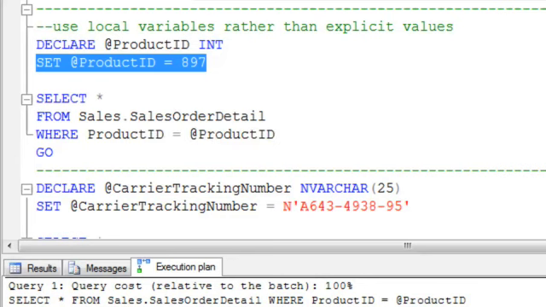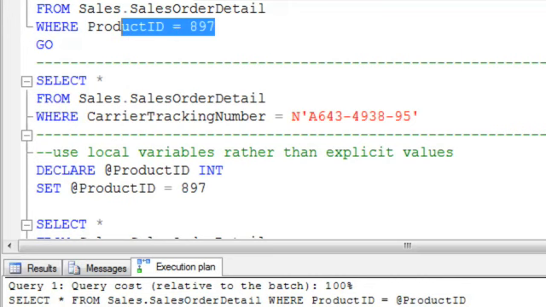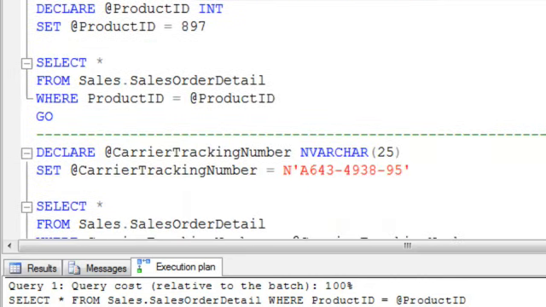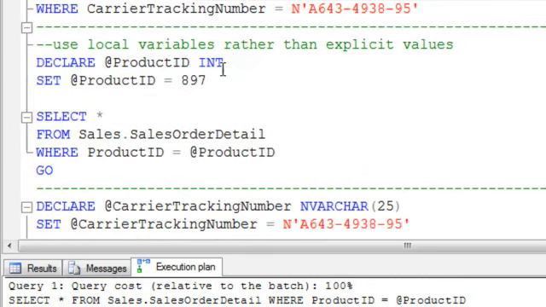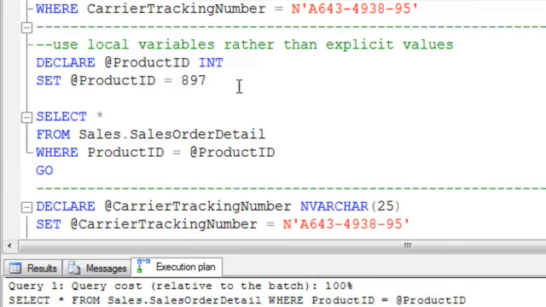Before, it knew exactly what we were passing to it. It knew we were passing an 897, so it was able to tailor a plan based on that 897. Here, whenever it creates the plan, it has no idea what value we're passing to it, so it makes some assumptions. The main assumption that it's making is the fact that it looks